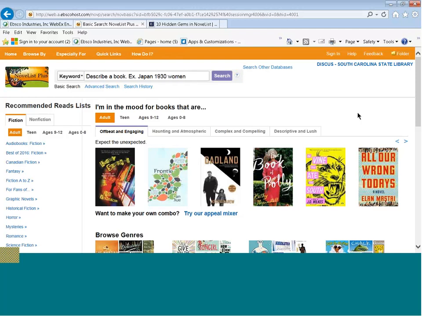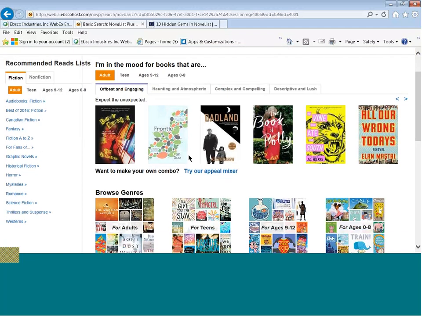So with this brief session for Discus, you can see that there are categories you'll probably want to come back to. Award winners, and audiobooks are also at the bottom of this basic search screen. So let's go ahead and just show you. This section has to do with appeal factors. Appeal factors are where your user connects with a book.